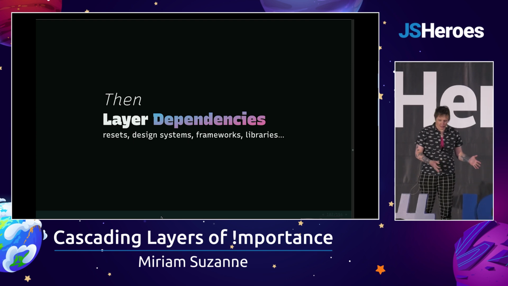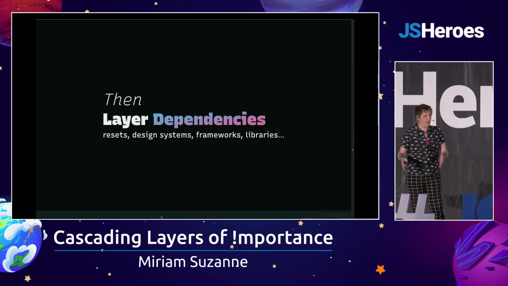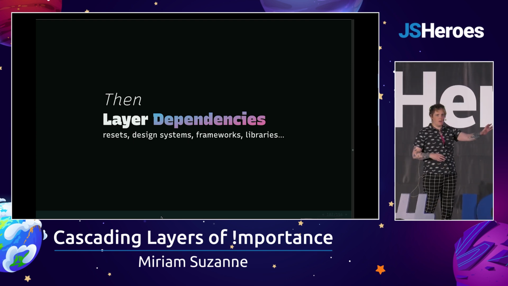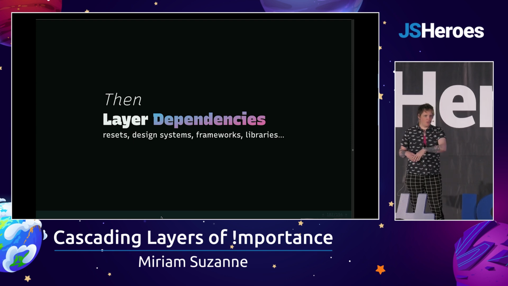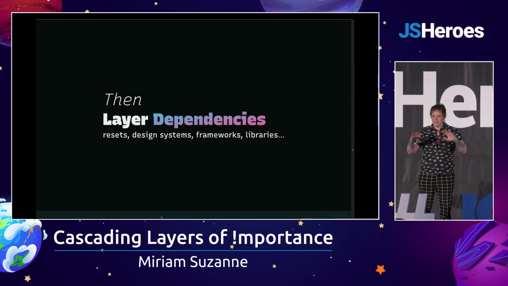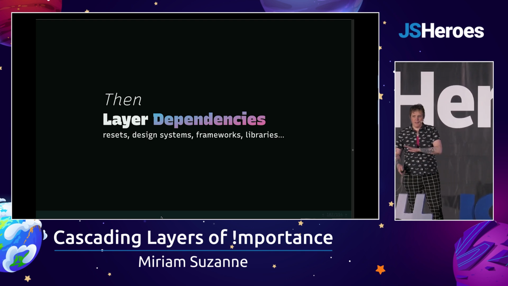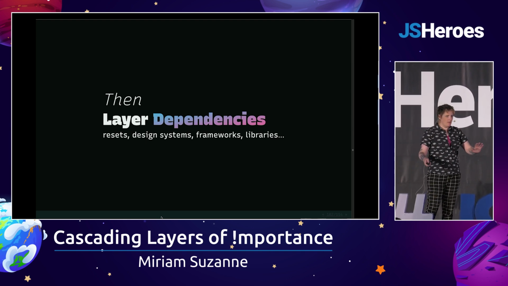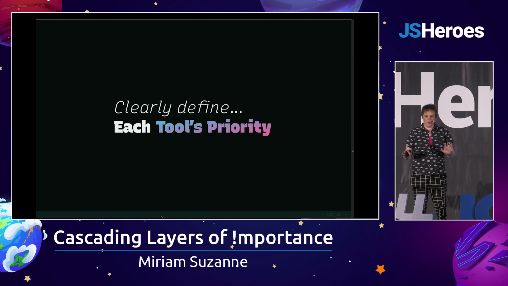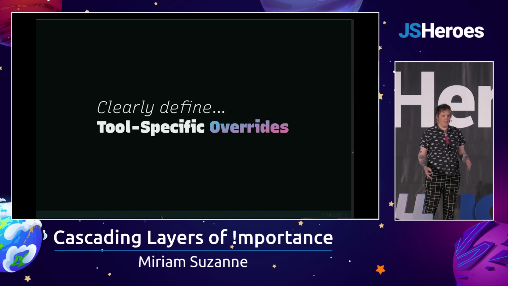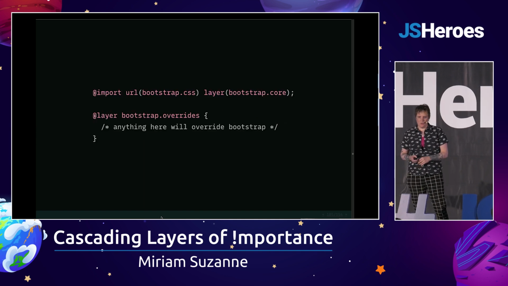Dependencies being anything that's not part of the site that I'm working on. So whether that's from a third-party tool or a first-party tool, a design system, something that's coming from our organization, doesn't matter. Any dependency that's not specific to this project, I want to get that prioritized first so that I know how they relate to each other and how I can override them for this project if I need to.